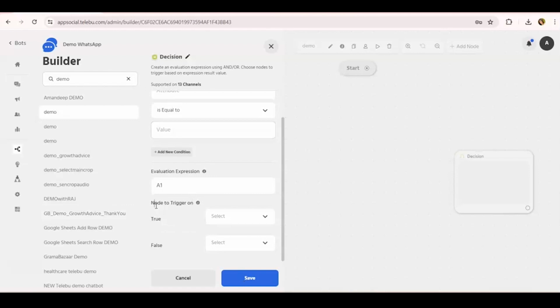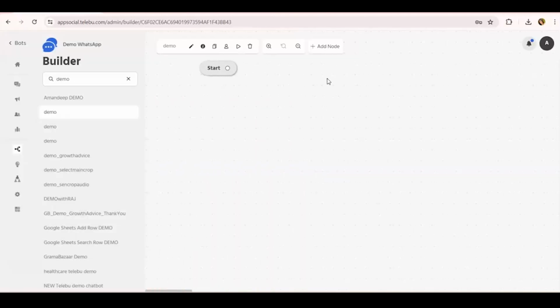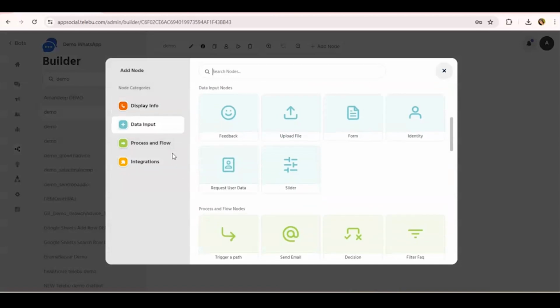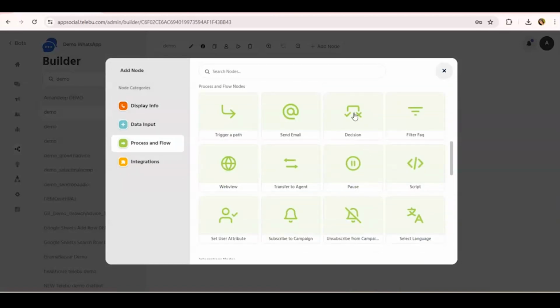The node will trigger: if the customer is giving a true value, the flow will go forward. If the customer is not giving a correct value, it will say that you have given an invalid input. Please give a valid input. Okay. The bot will message like this.